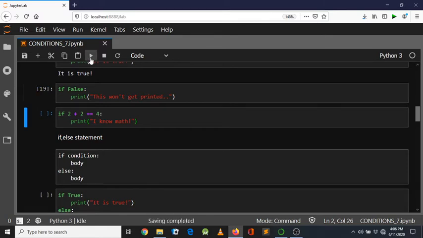Because by default it is true. So this false statement doesn't really execute. It just understands it, okay. But based on your condition, it is true. So this if statement doesn't even run. We can also